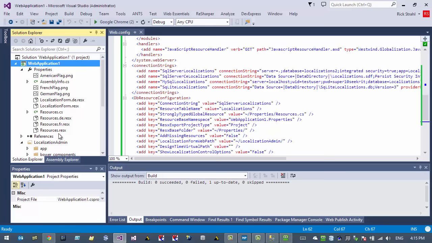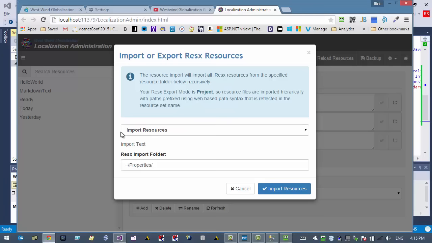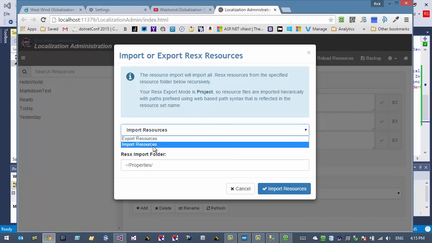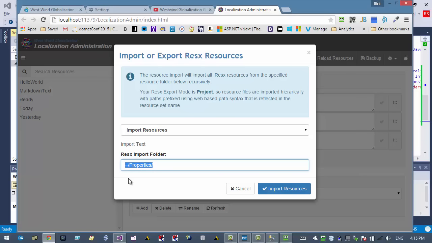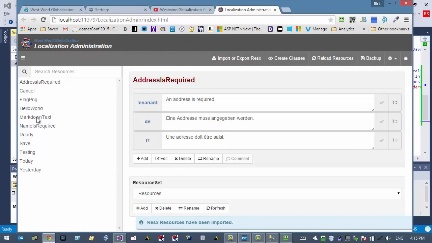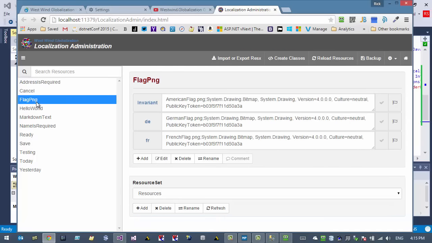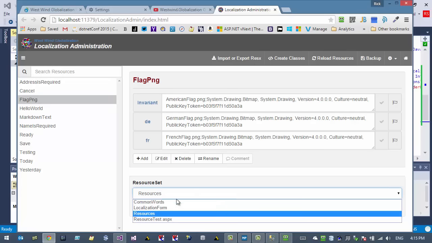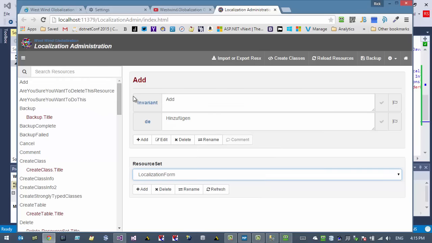But anyway, what we want to do is import those resources into our existing resource file. So I can choose this dialog, pick import resources, and tell it to import all resource files that exist in that properties folder. When I do that, we now have some additional resources that came in here. There is an address is required, there's a flag PNG, and there's also the localization form that is now